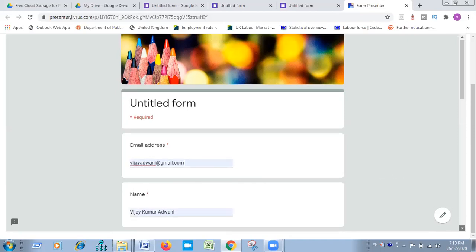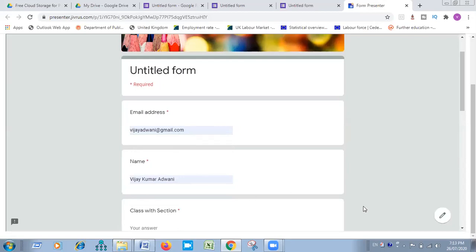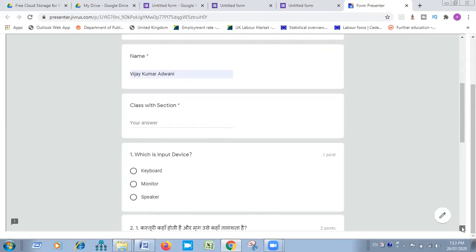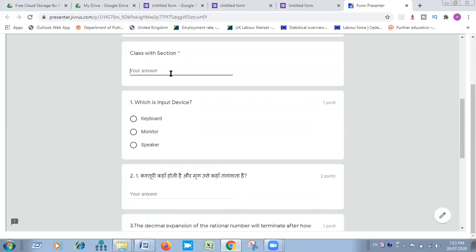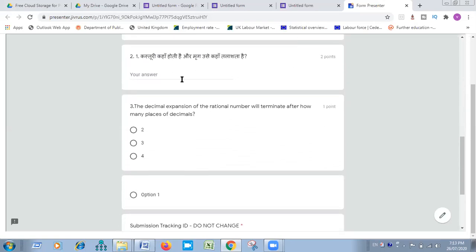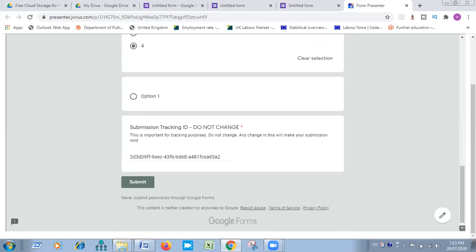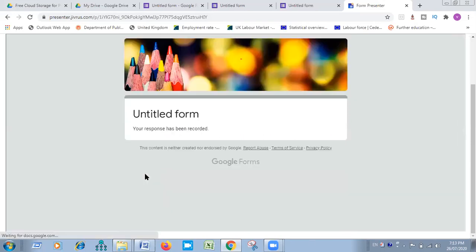Name: Vijay Kumar Advani, class with section: suppose I'm writing class 10th A. Suppose I'm writing keyboard. I have to answer this question, but right now I'm not doing this, I'm just giving you a demo. I'm clicking on the 4 and then clicking on submit. When I click on submit, your response has been recorded, meaning your response has been submitted.